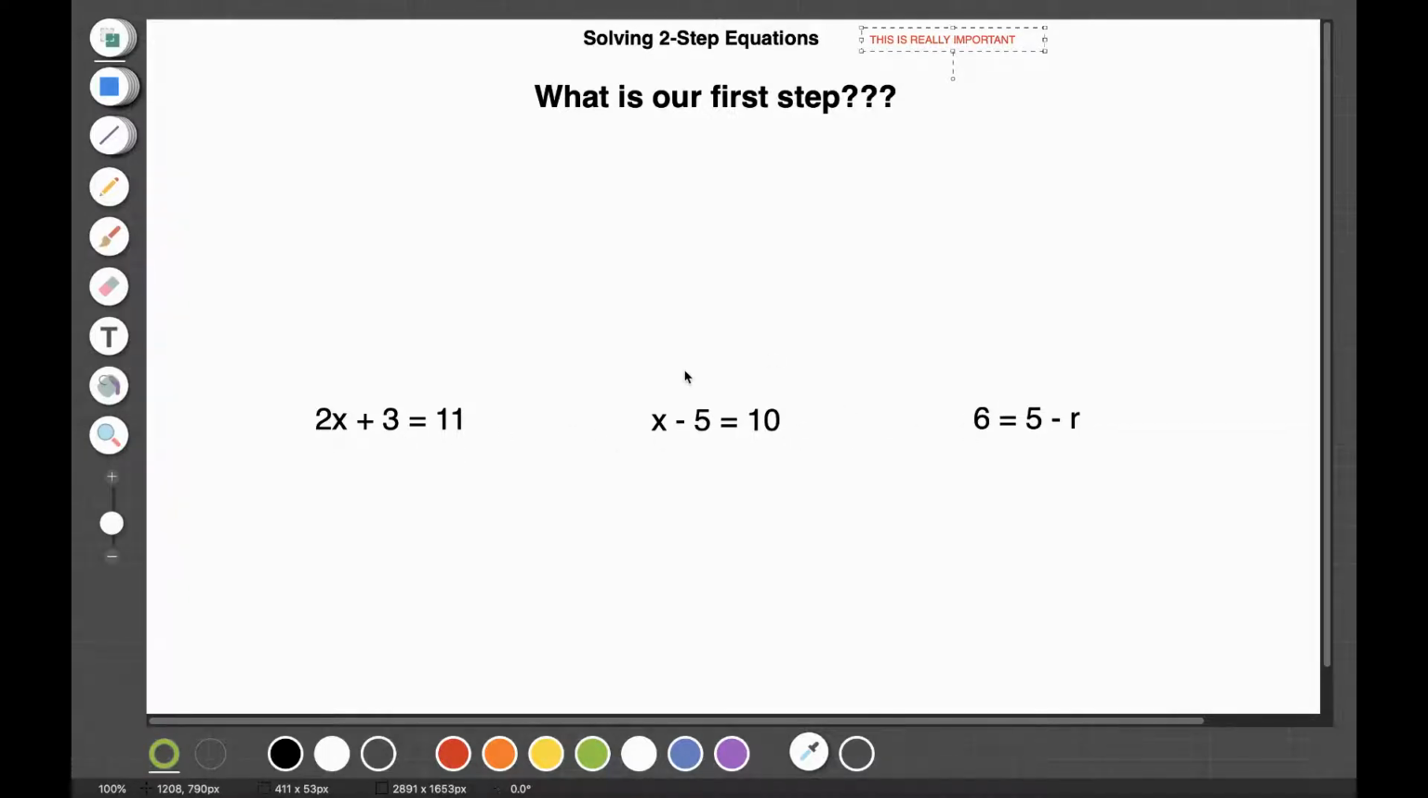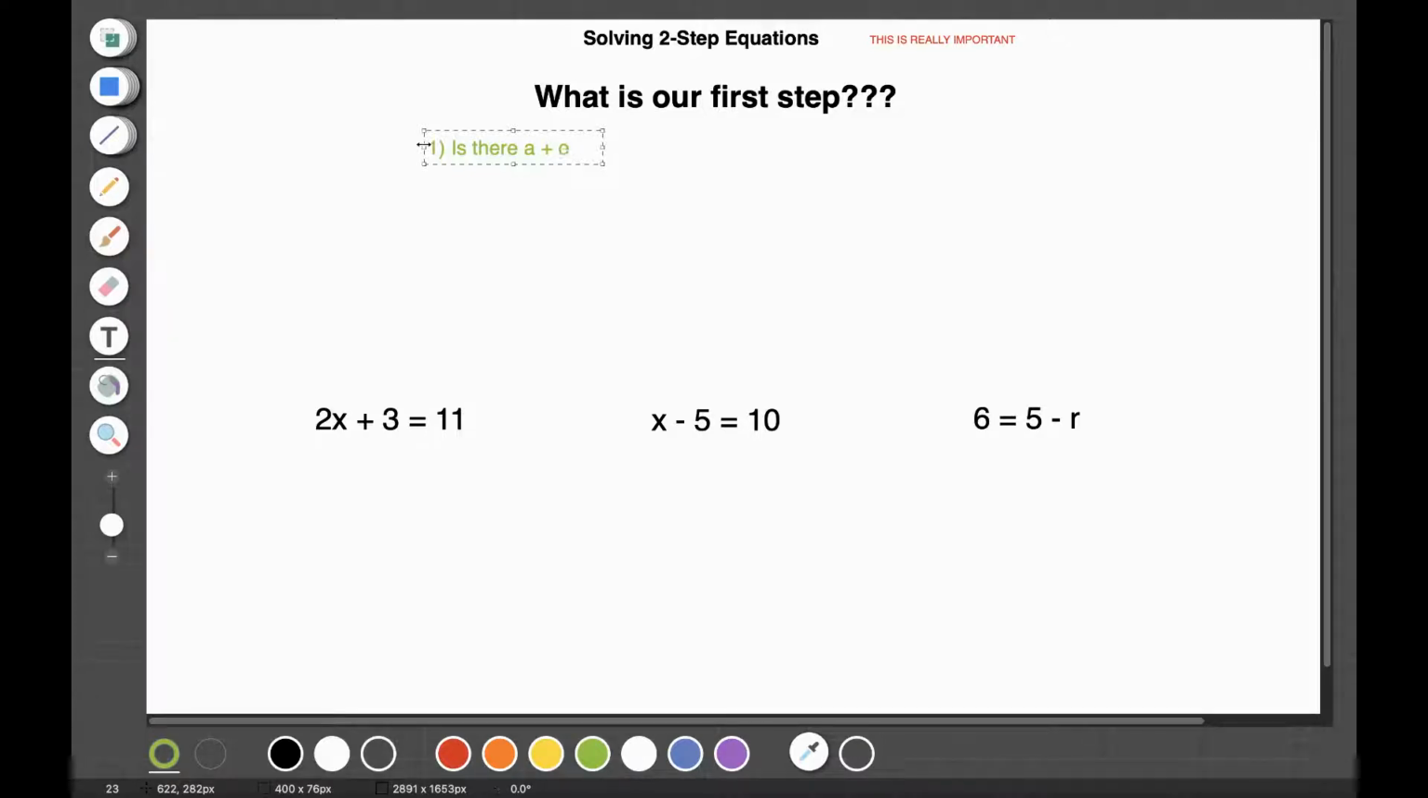So we need to know how to take it all the way home by solving an equation like these down here. So we're going to break this into our two steps. Our first step, there's a few things we need to think about. Okay, so the first thing we need to think about is we're going to ask ourselves, is there a plus